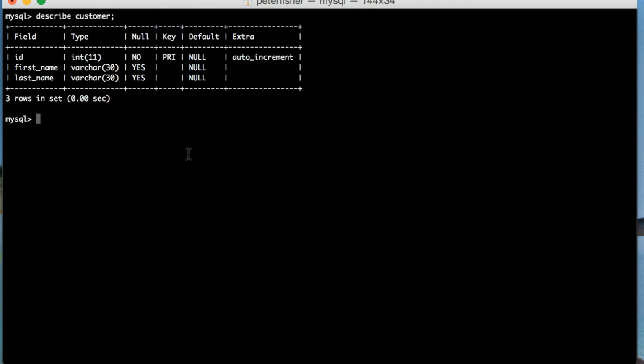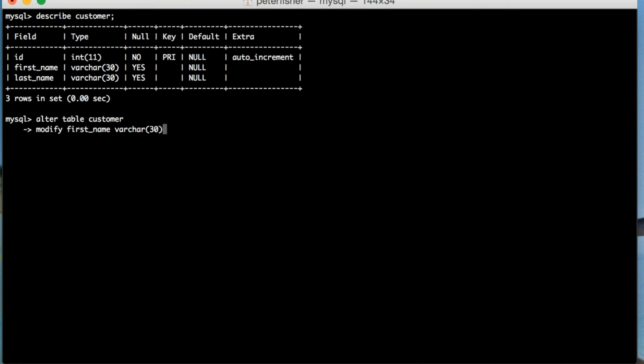So in order to do this, we simply modify this customers table and change those values. To do that, we alter the table, and the argument is the table name, so that's customer. Press enter to bring up another line, and then we want to modify the column, and the column name is the first argument, so that's first name. Second argument is the data type, and at the moment it's set to varchar 30. We want to keep it as varchar 30, and so we need to add it as well. So varchar